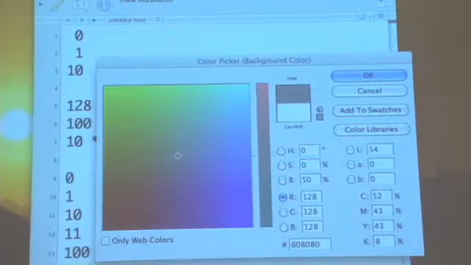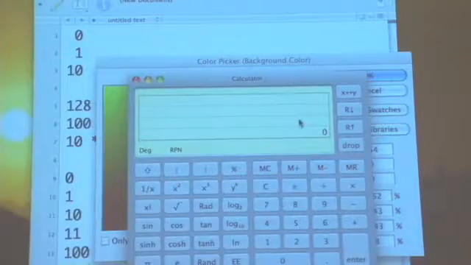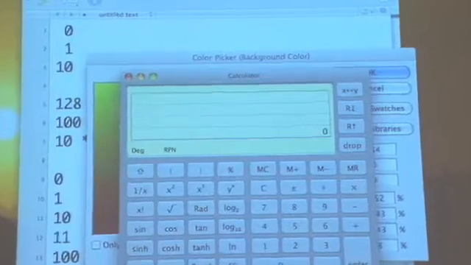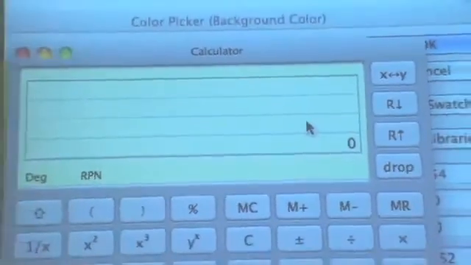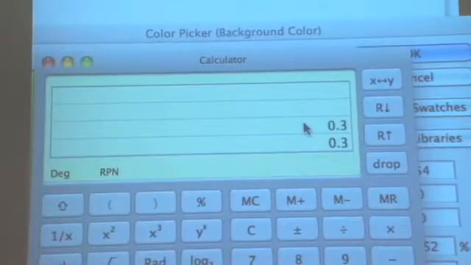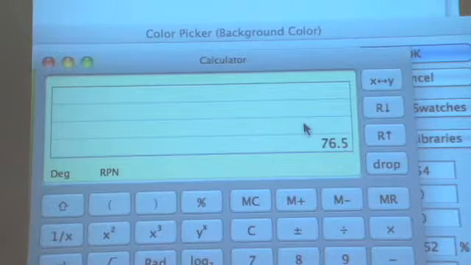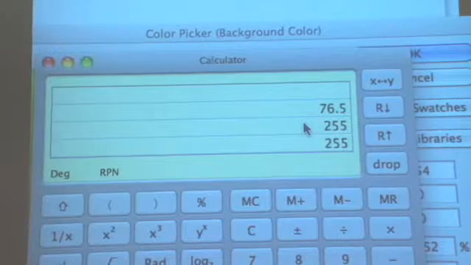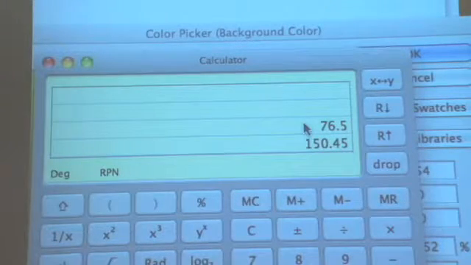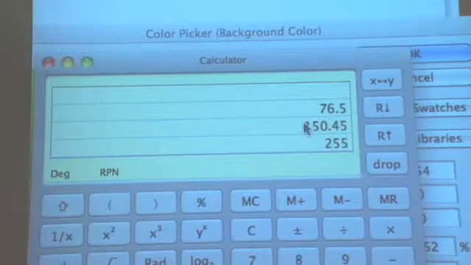We could simplify the equation and make it a little bit easier, but we could also just do the math. So let's say we have 0.3 times 255. That's about 77. Okay, then I have 255 times about 0.59, or about 0.6. That's 150.45. Okay, then I have the blue, 255 times 11%,